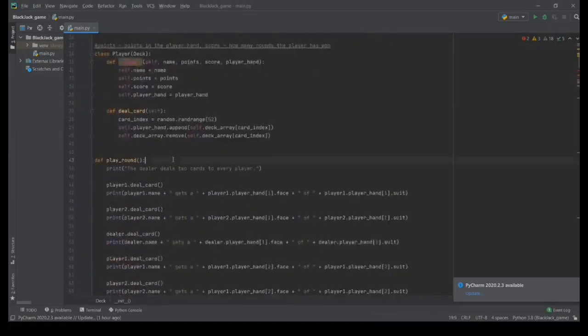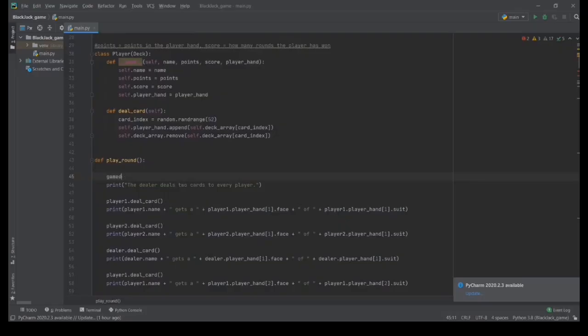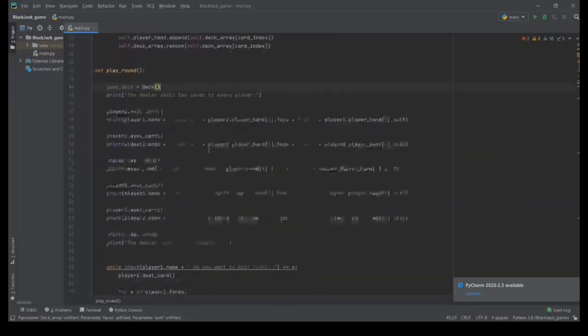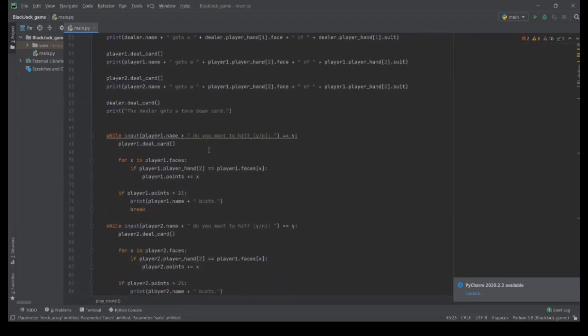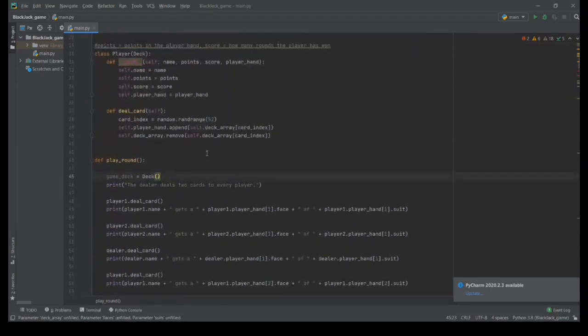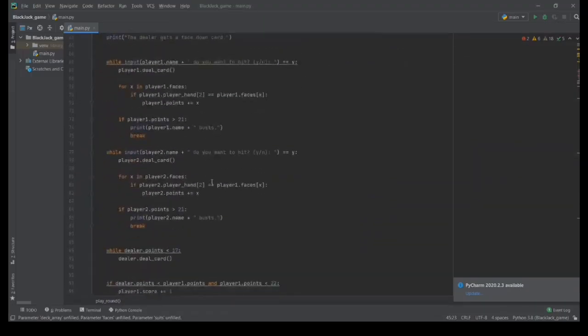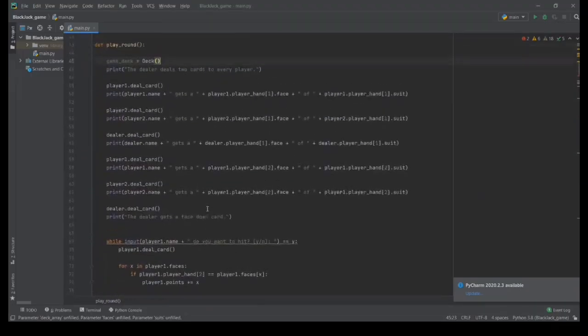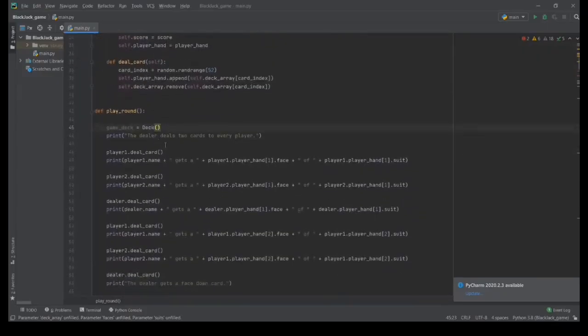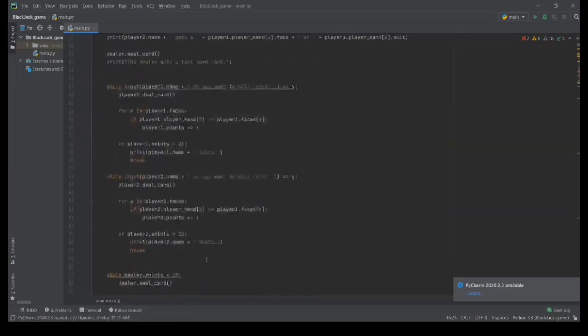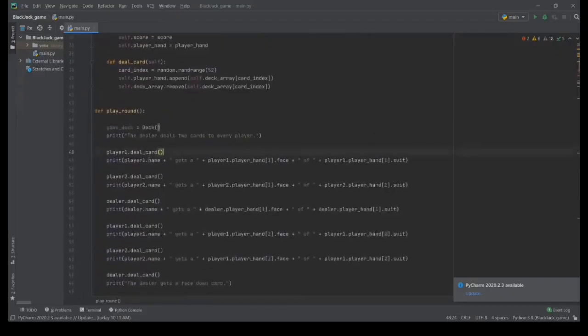Okay. So game deck stack. Okay. So yeah, we get through our classes, then we have our play round function, which is going to play a single round of blackjack, and then we'll create like a for loop for how many rounds they want to play. When in our main function, like down here, the play round is going to play a single round of blackjack